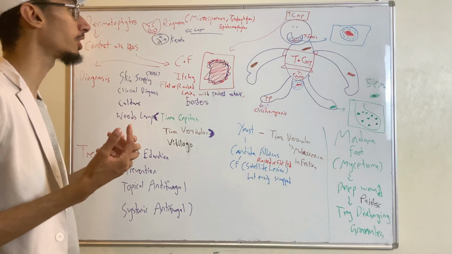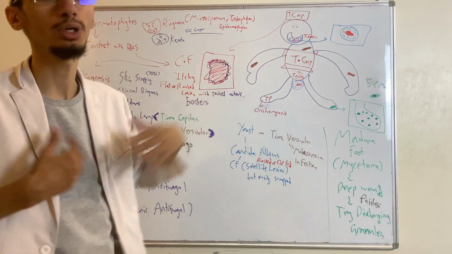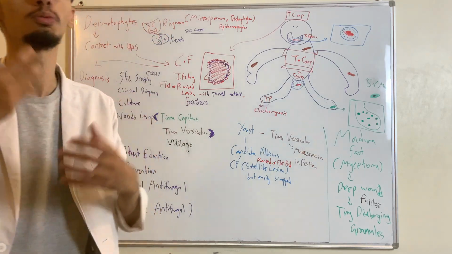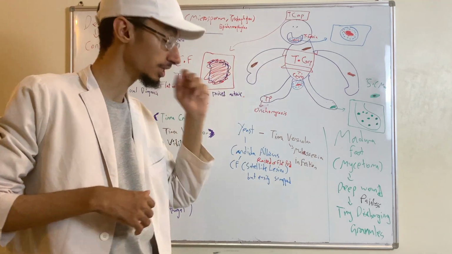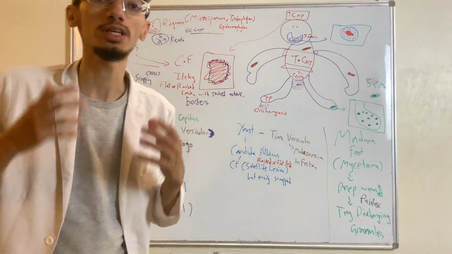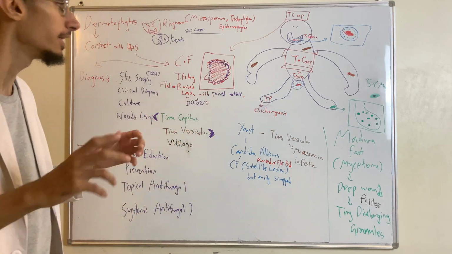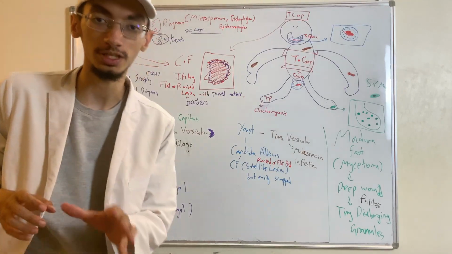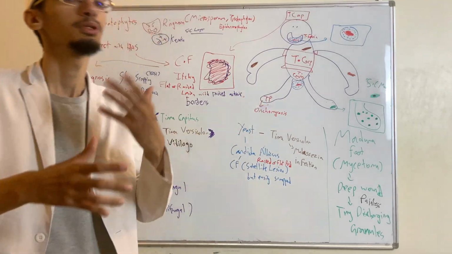Other clinical presentations of dermatophytes can involve the trunk. So you can think of this guy who's wearing a red t-shirt that says T-Corp. T-Corp is Tinea corporis. Tinea corporis means infection of the trunk. So if there's infection of the trunk, or the extremities, then you can consider it as Tinea corporis, which is dermatophyte infection of the trunk. The same presentation. If you have dermatophyte infection of your legs, or specifically on your feet, a dermatophyte infection of your feet is known as Tinea pedis,